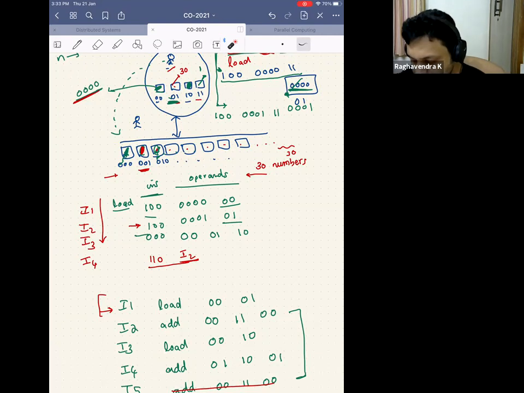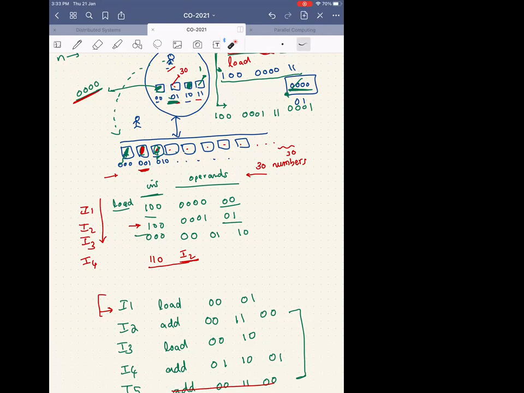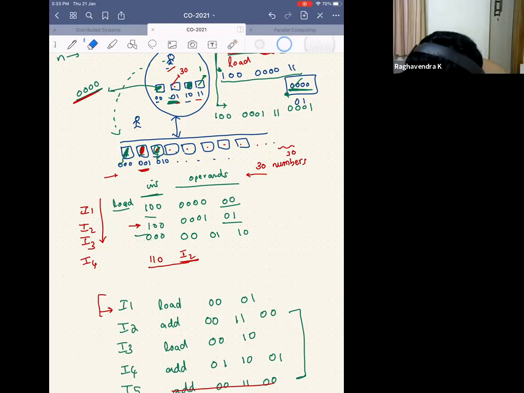So there is not much difference. But I still have to figure out how to do this 30. So let's assume for now, and we'll come back to it later, that this instruction was not there and somehow I have started my program with the second instruction and everything is working perfectly well.